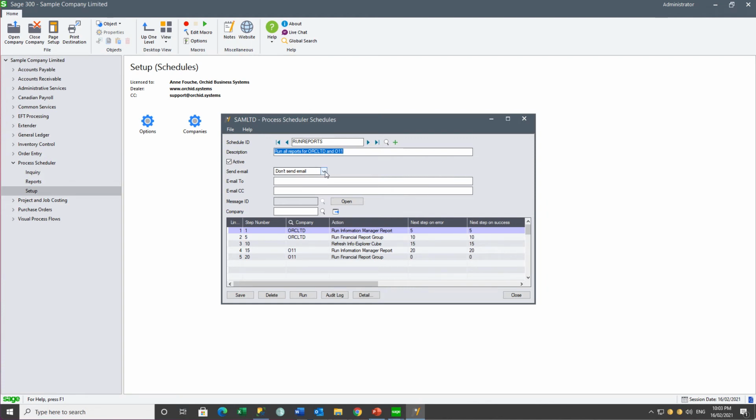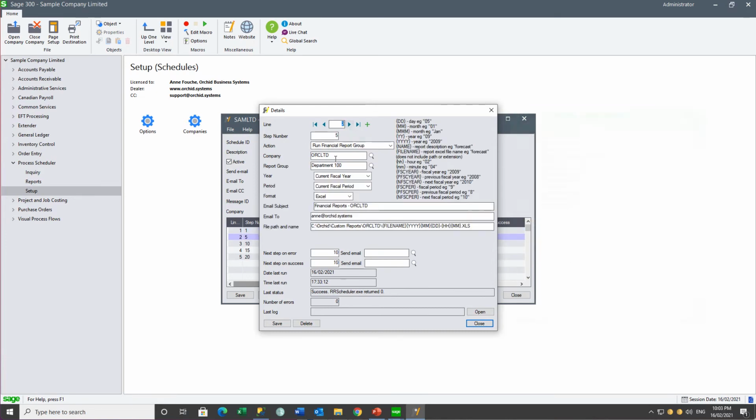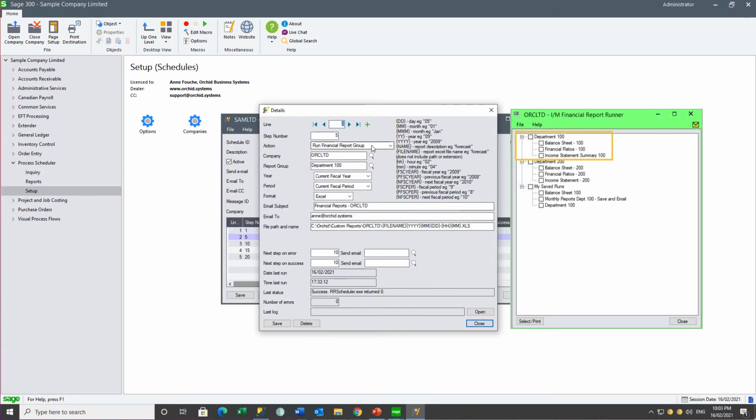So this schedule is not going to send any email about the schedule running because there will be emails going from each of the individual steps. In Orc Limited, we're going to run an Information Manager report. And this will run all the crystal reports that have been scheduled to be run by now. And then in Orc Limited, we're going to run a financial report group,